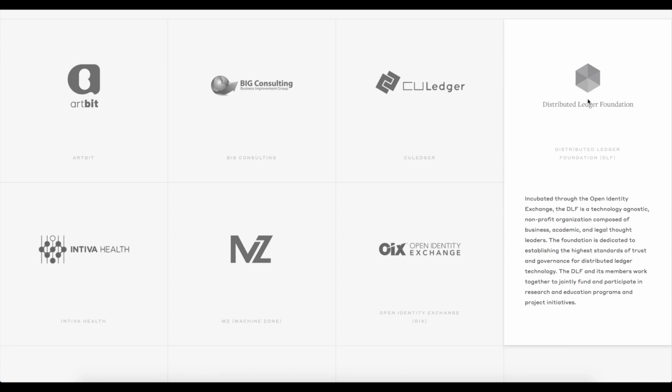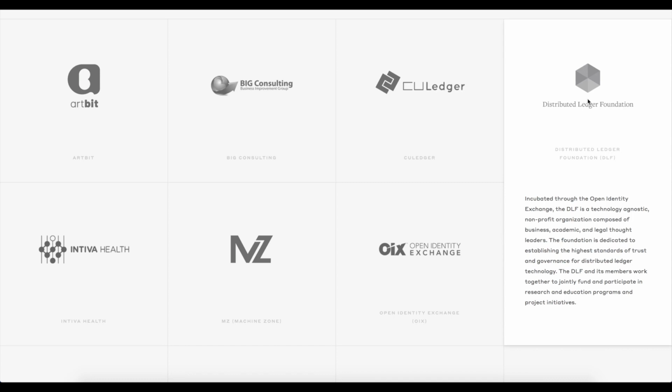If you don't know, there is research going on for the last 10 years at Stanford University, and they are basically trying to figure out different legal rules and regulations that can be implemented in the cryptocurrency space. Stanford University is the best in the world to provide some kind of legal advice in this scenario. So the Distributed Ledger Foundation will have their first meeting in the coming May, and they will be meeting Stanford University students and professors who are doing their research in blockchain technology for the legal and regulation part. So they will be taking part in that, which will be big.